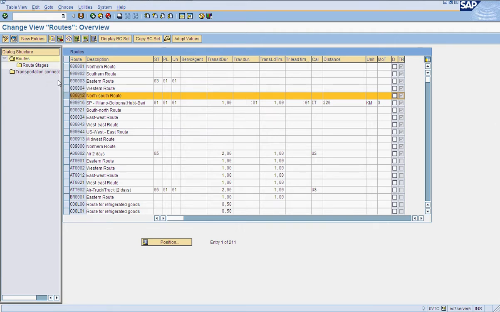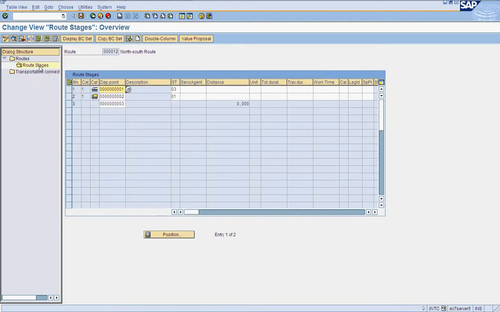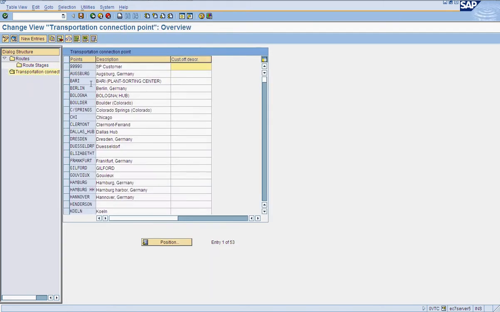Within this route you have shipping type, primary leg, secondary leg, who would be the service agent, the transit duration, travel duration, transportation lead time, loading lead time, the distance and unit, and the stages under this route. We have a train as the first stage, and the second stage is truck. We can even mention the distance and everything, and you can mention it for these connection points as well if you want.